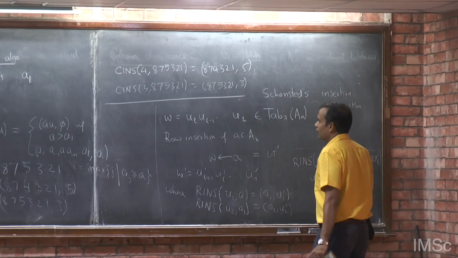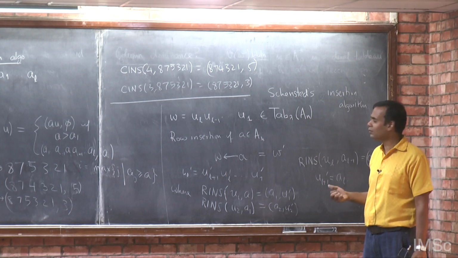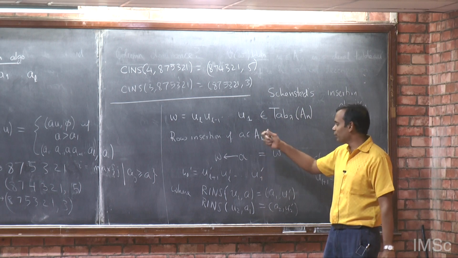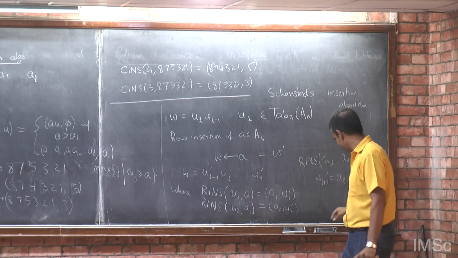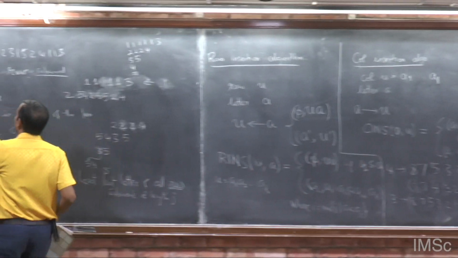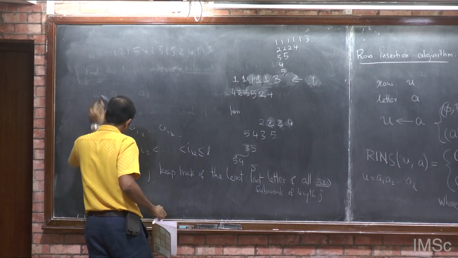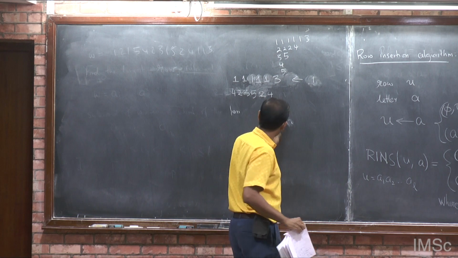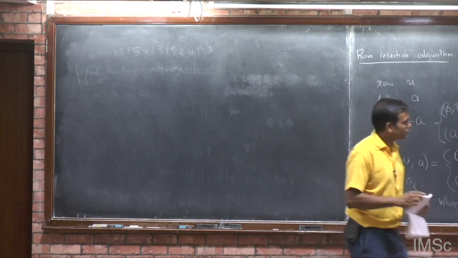So, what does it do? It takes as input a word and it returns a tableau. No, actually it takes as input a tableau and a letter and it returns another tableau. Yeah, plenty. So, firstly I have not even proved that it is a tableau. So, claim is